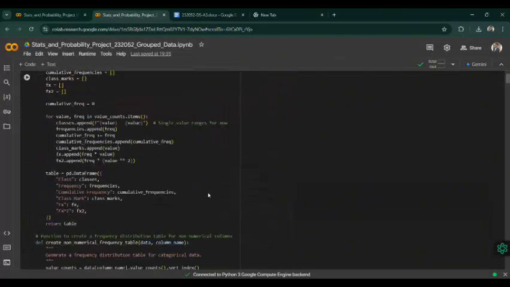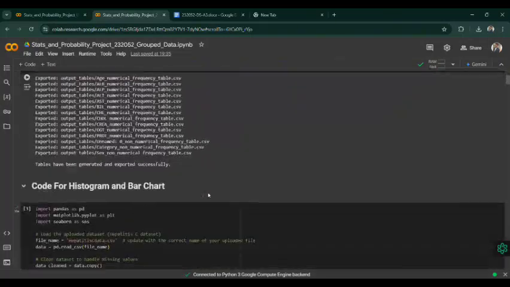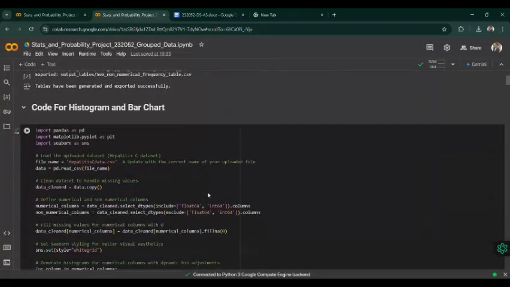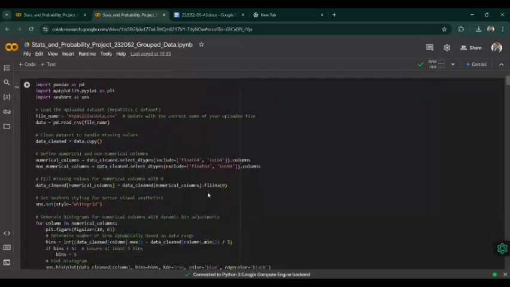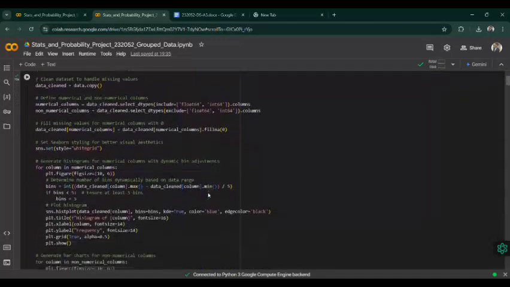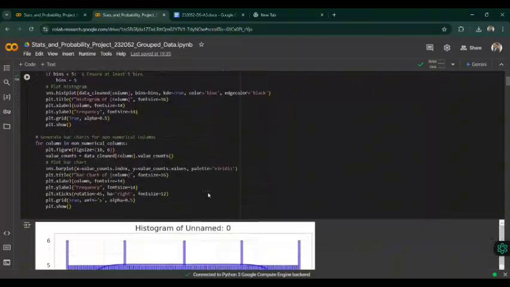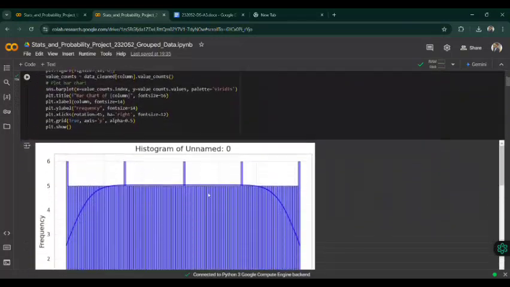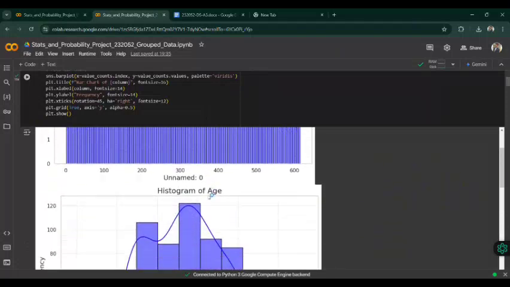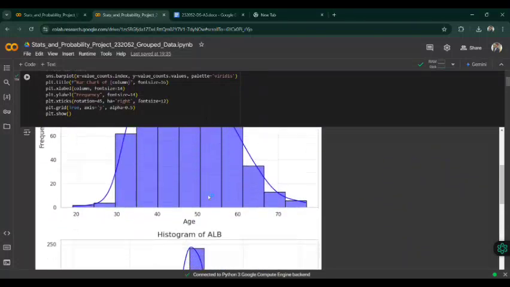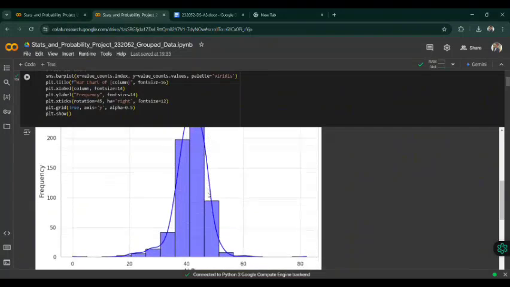Now, let's begin by calculating and plotting a histogram. A histogram is a graphical representation of our frequency distribution. It helps us visualize the distribution of data, how it can be spread across the interval. In the histogram, the data on the x-axis represents the class interval and the y-axis represents the frequency of data points within